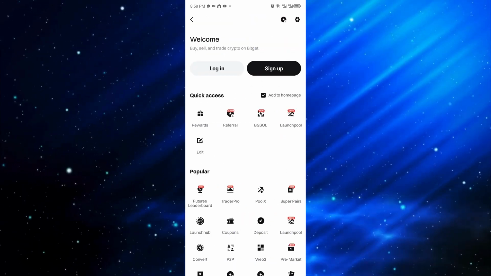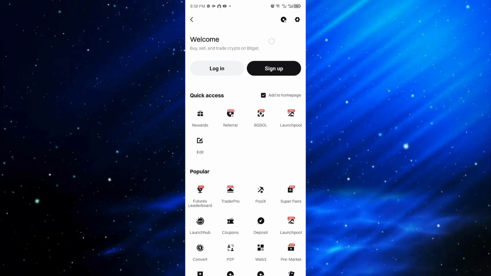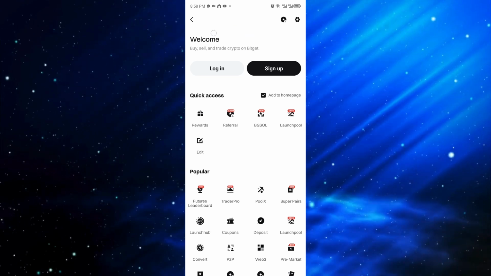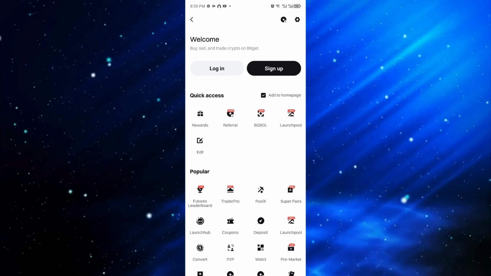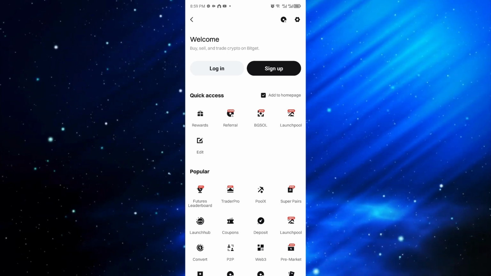It will then head you to this menu right here. Once inside, you can then see your logo or your profile icon at the welcome button right here, or the welcome message. From there, you can just go ahead and click on your name and the private key will be displayed on